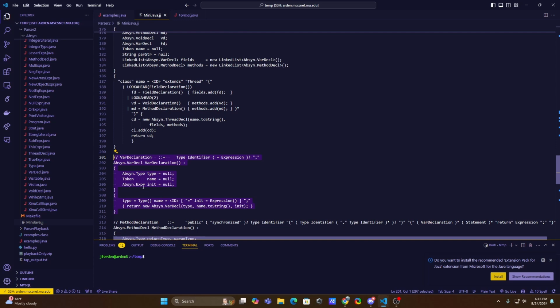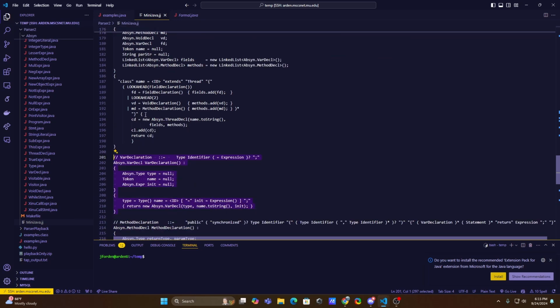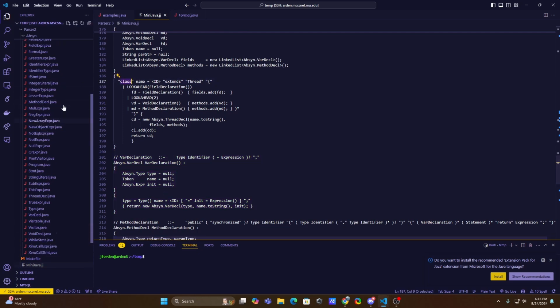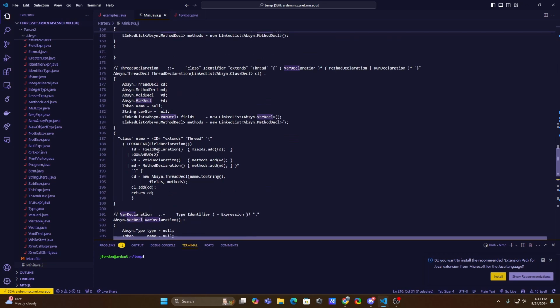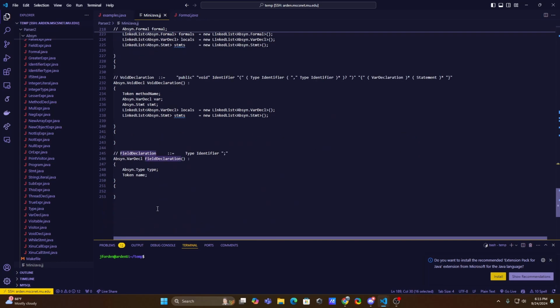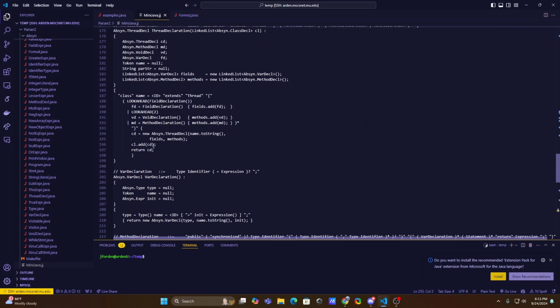I would say your first goal is to draw out how these are operating, looking at class, name, extends, and threads, and so forth, and then looking at all the absent files that map to absent.var_decl, absent.method_decl, absent.thread_decl, field declaration, and trying to map out what these are doing and what this function is doing. And you can see that we're at about 253 lines, and we haven't even really started touching on a lot